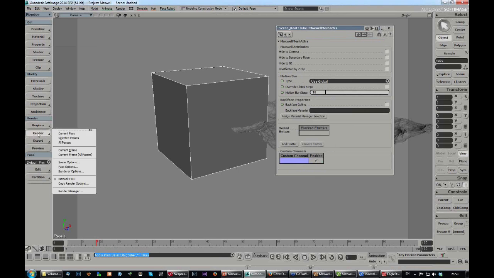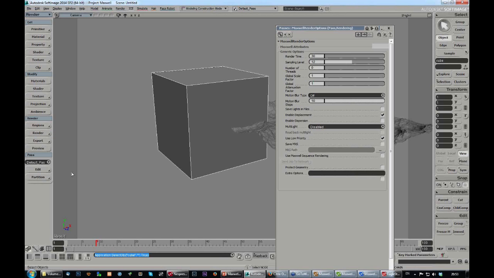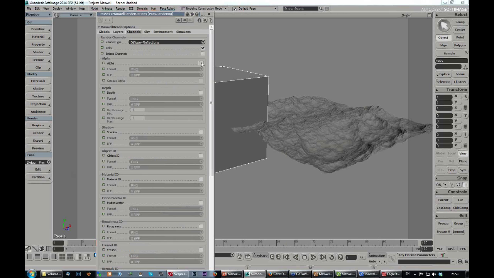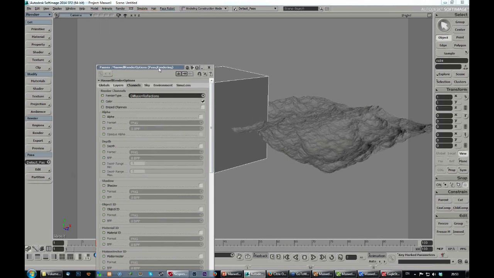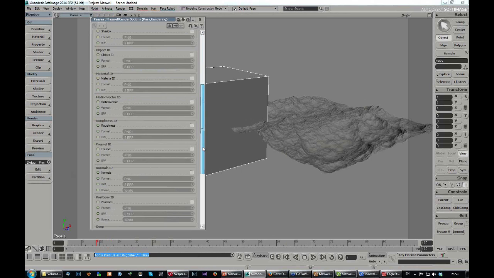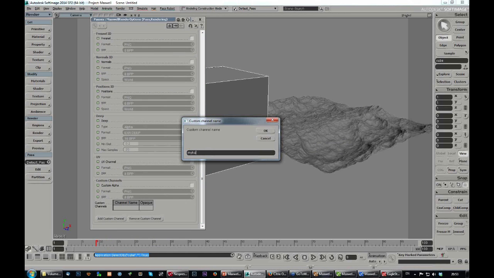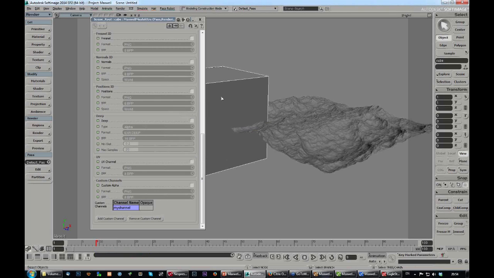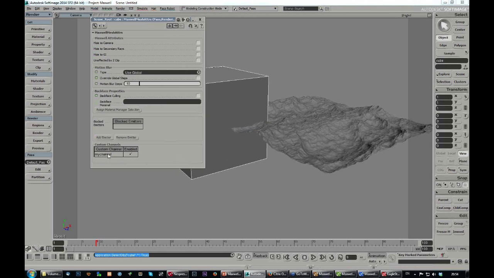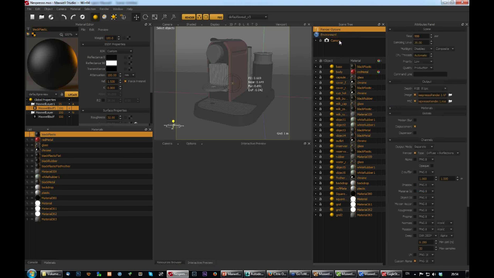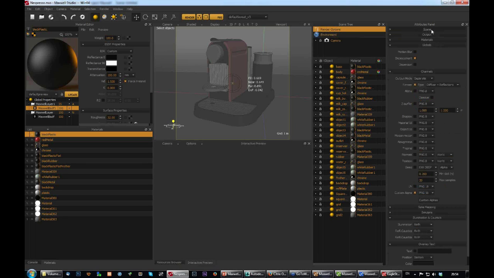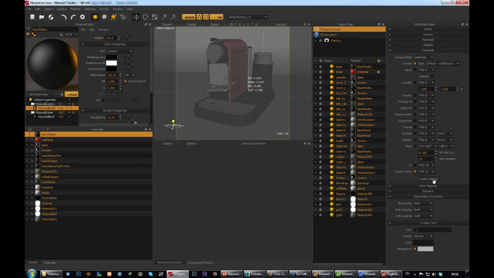Okay. And the custom channels, you create them from the render options. The channels here. And here at the bottom you can add my channel. So this is a new alpha channel, and now this object can use that channel here. You can enable it for it or not. So in Studio, for example, if I do render options, custom alphas,